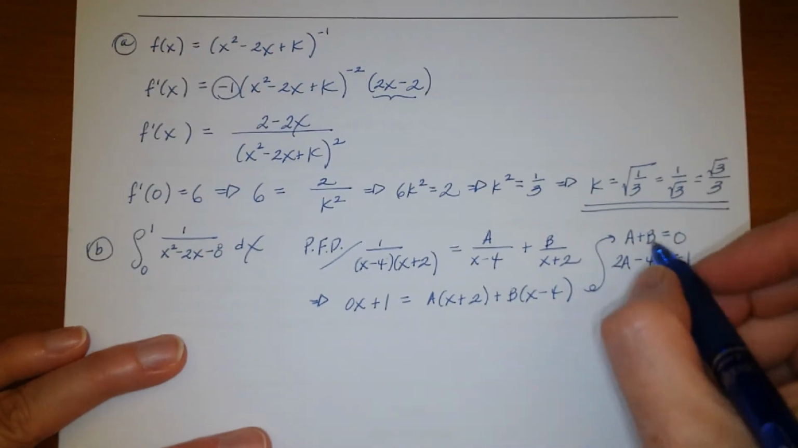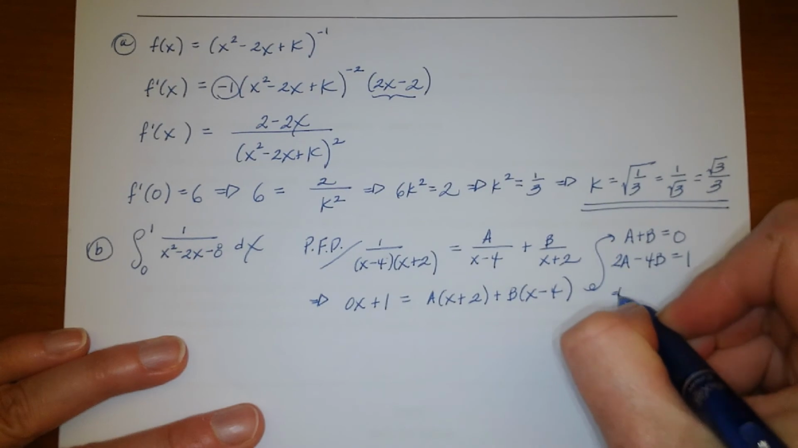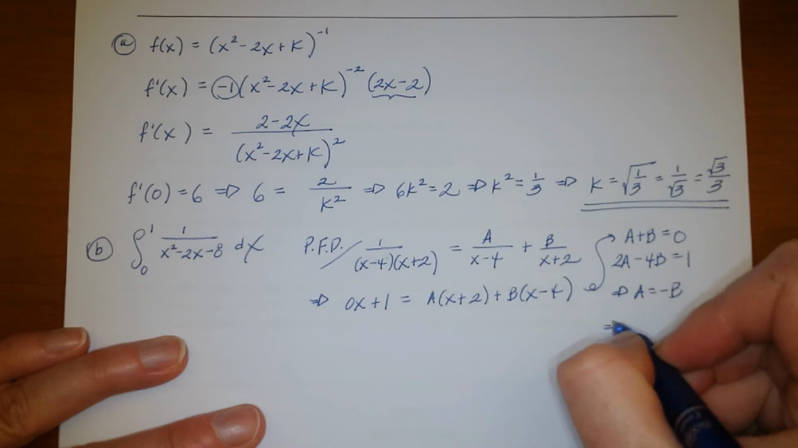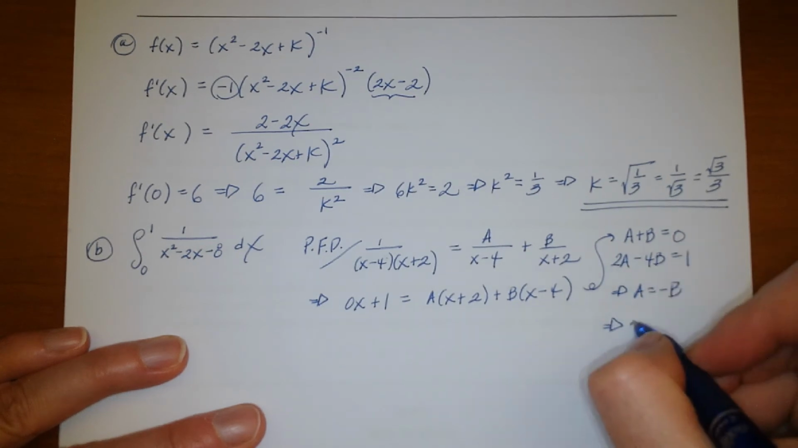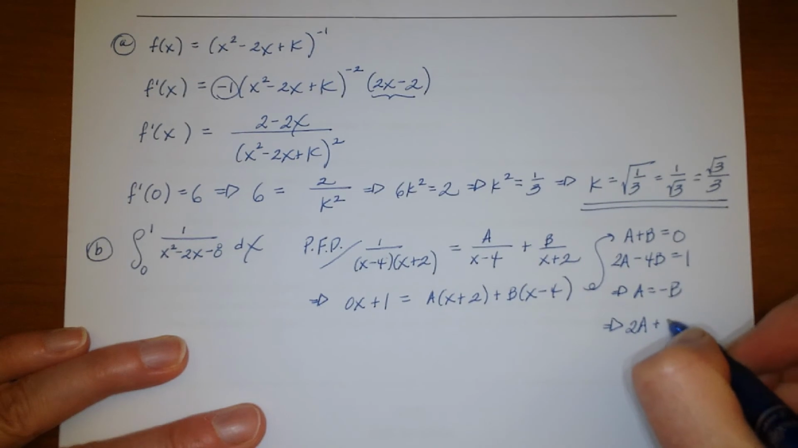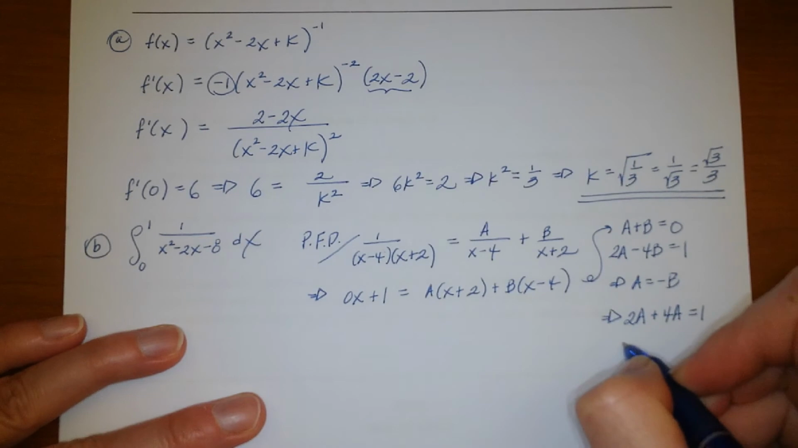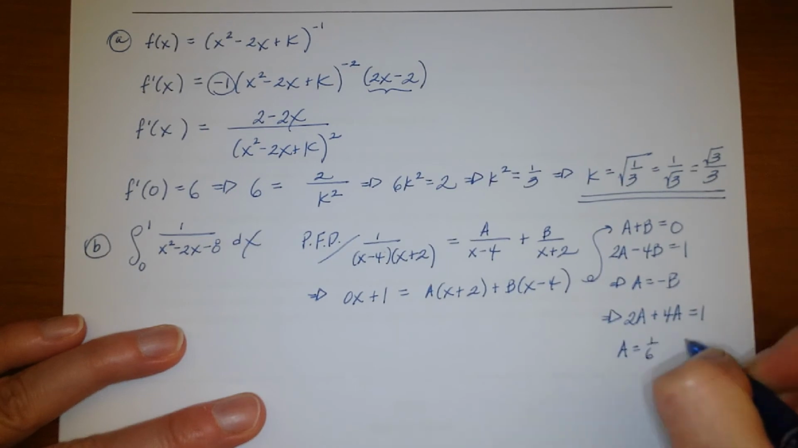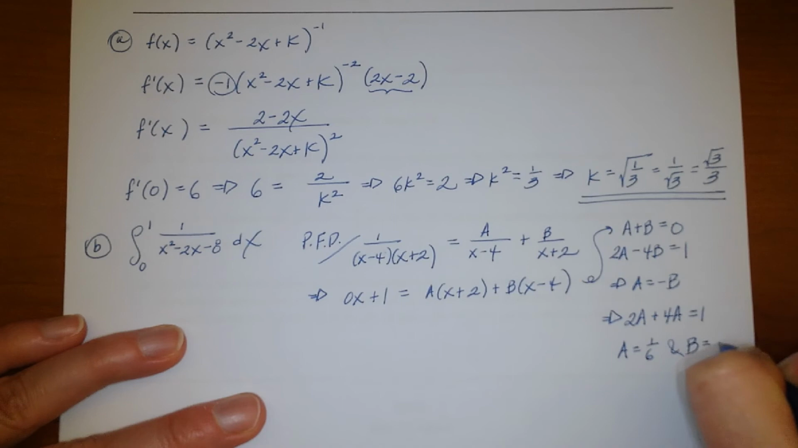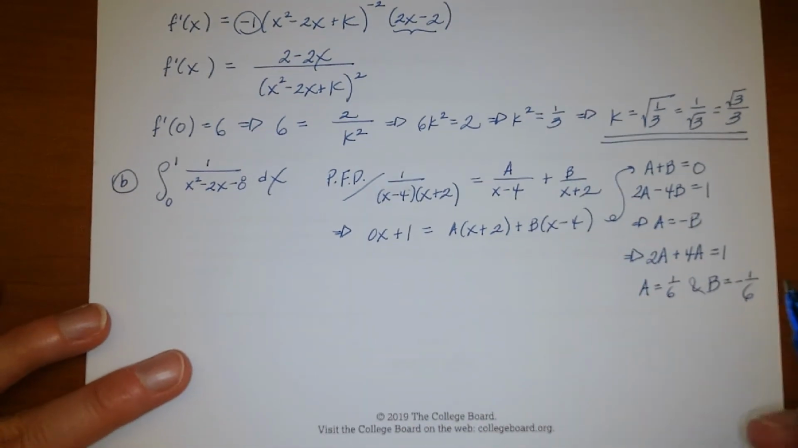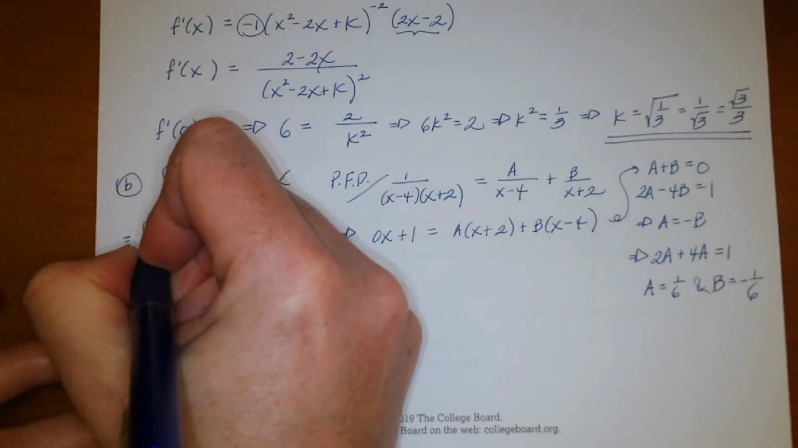So solving this, totally up to you how you want to do it. Row 1 says a is the opposite of b. And row 2, then, I could write it as 2a plus 4a equals 1. And then I'll just solve for a. I'll get a equals 1/6, and b is negative 1/6. Okay. So now that I have those, I could rewrite the integral as the integral from 0 to 1 of